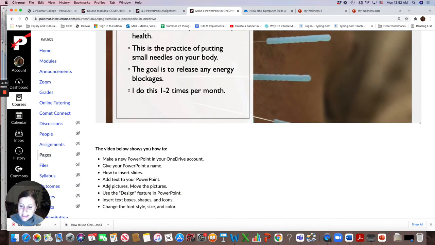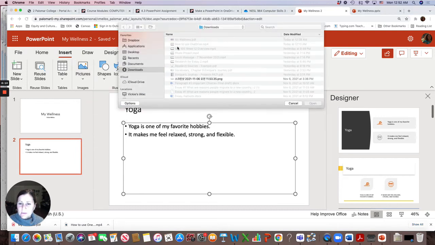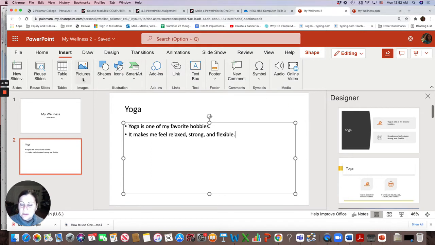Now I want to explain how to add pictures and how to move pictures. So to add a picture, you're going to click on Insert, Pictures. You can choose from this device. So if you have a picture from your phone that you can put on your computer, if you email it to yourself and download it, or maybe you have it saved to your computer. You can also insert a picture from Onedrive, from stock images that's in this application,